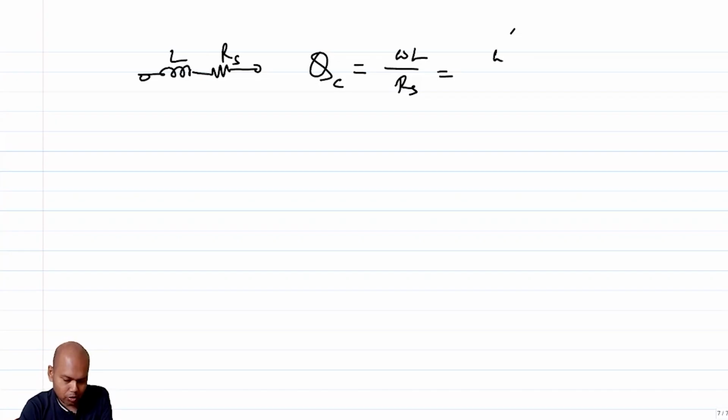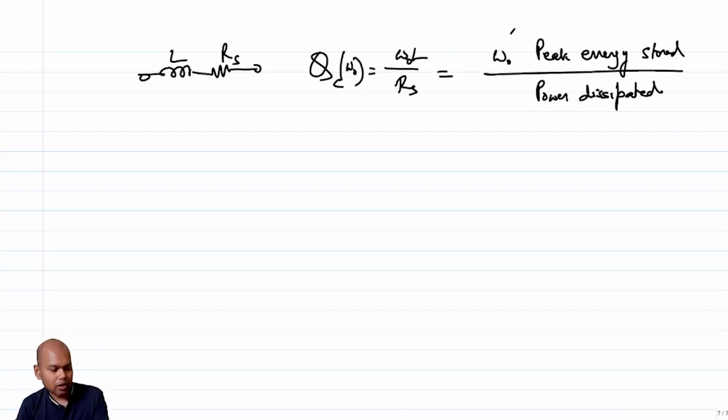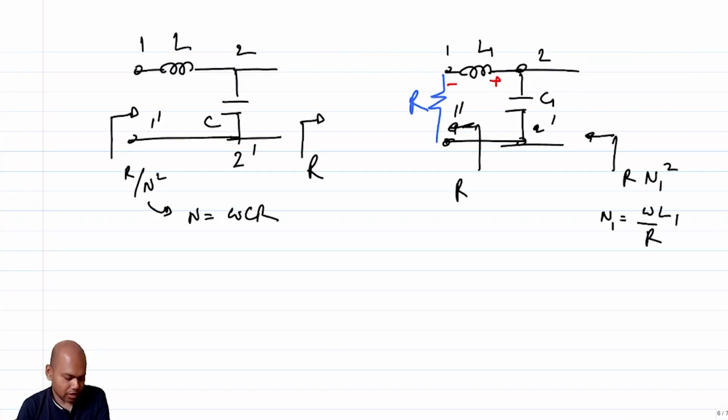So it reduces to omega naught. So Q at omega naught, I should say, because Q is also a function of omega. If I am evaluating at omega naught, this becomes omega naught times the peak energy stored divided by power dissipated. Right? So now if we are using these L's and C's,